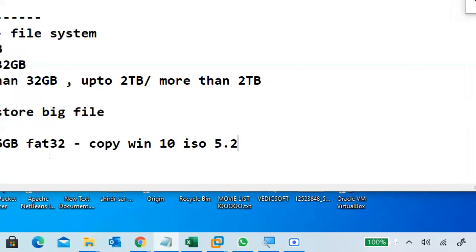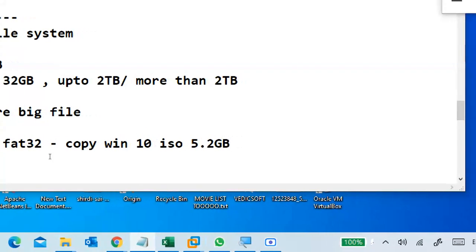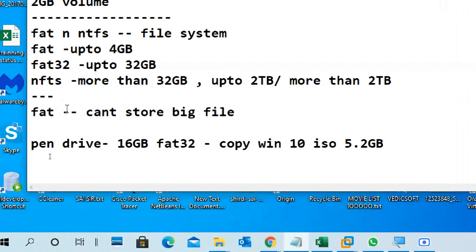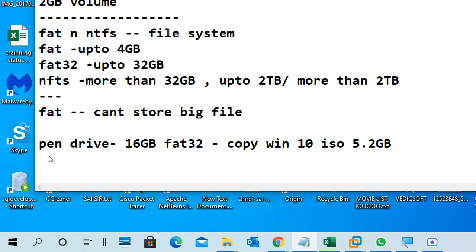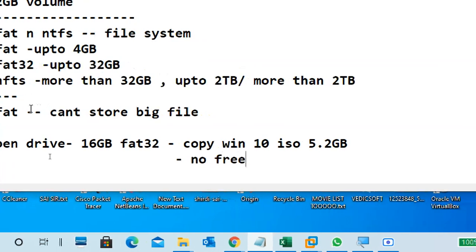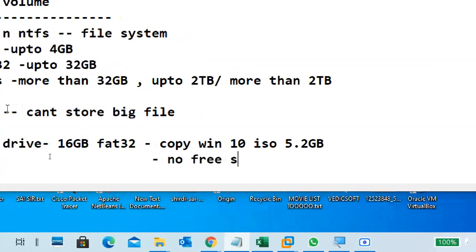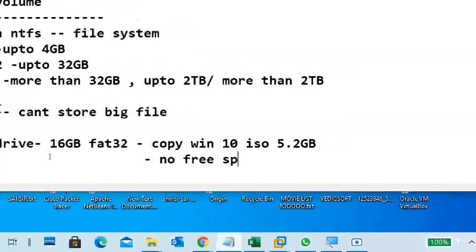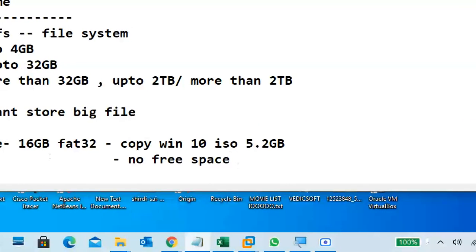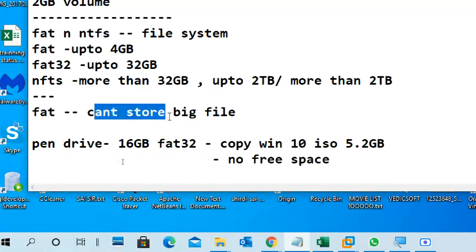Even if the pen drive contains something like 10 GB of free space, while copying you will get the message no free space. Why? Because FAT cannot store big files.